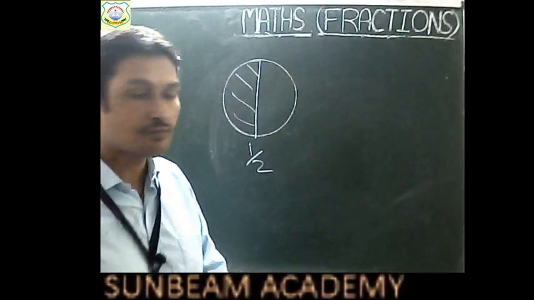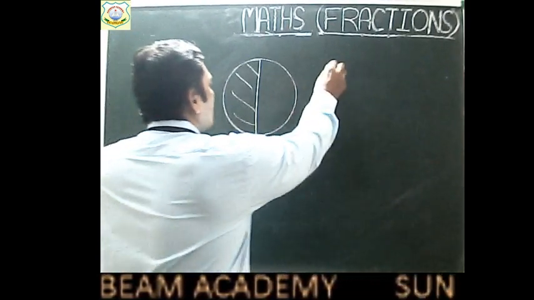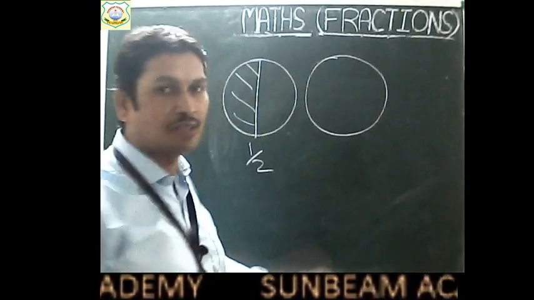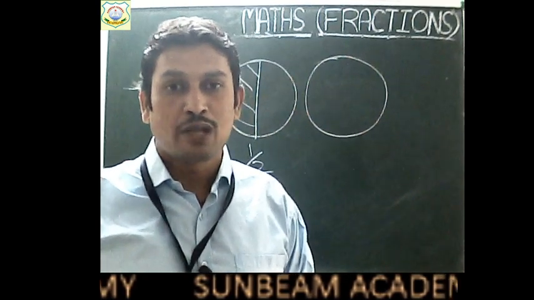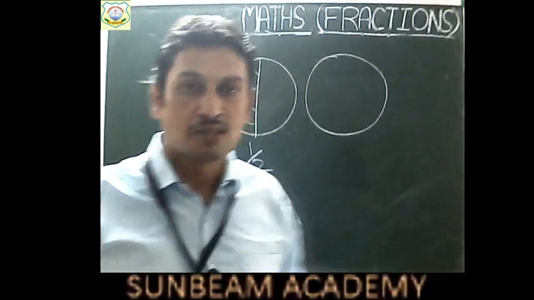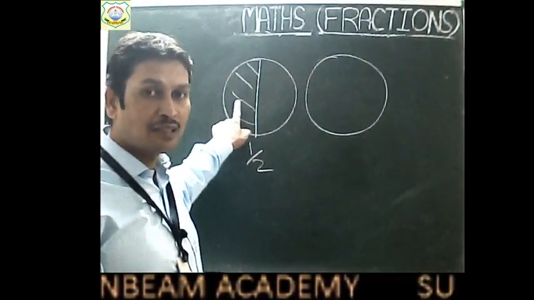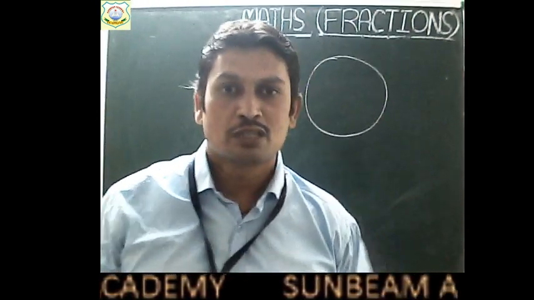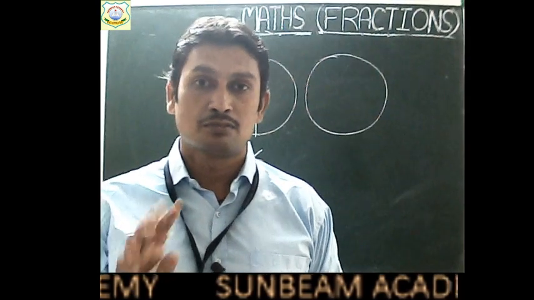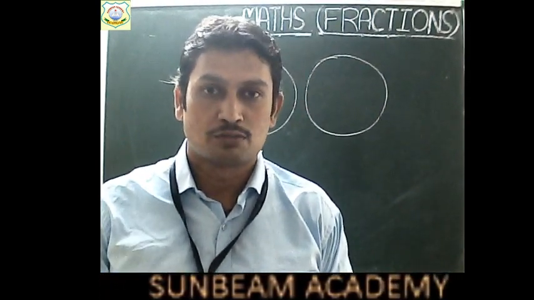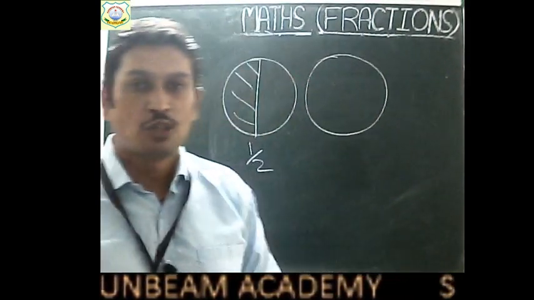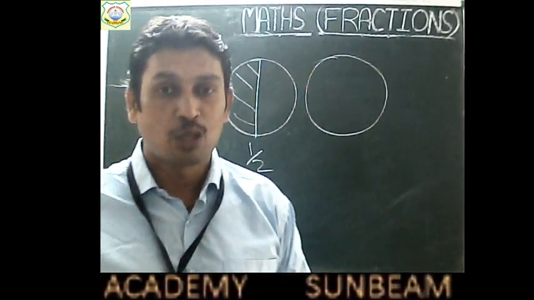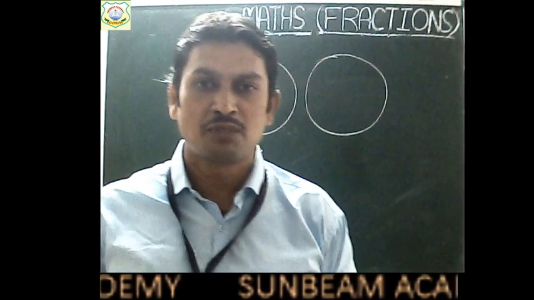Now children, suppose on the second day your father has brought another watermelon. And now you are demanding two parts. On the first day you had got one part out of two partitions. Now you have increased your demand two times and you say that you want two parts. So what will your father do, children? He cannot give you more than half, because your sister also has to eat the watermelon.